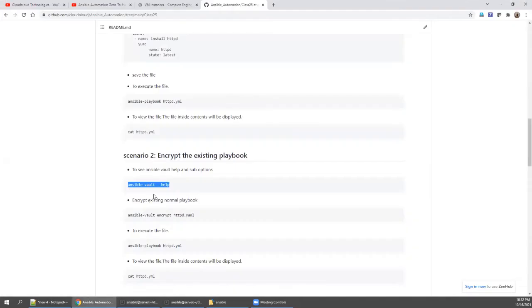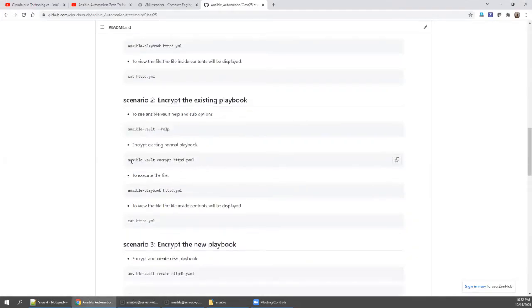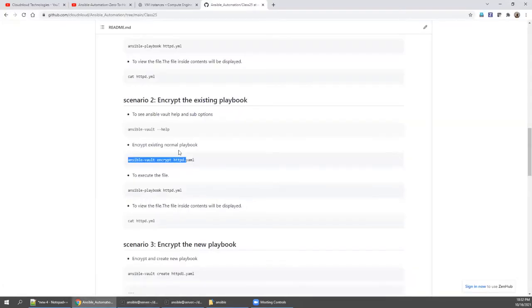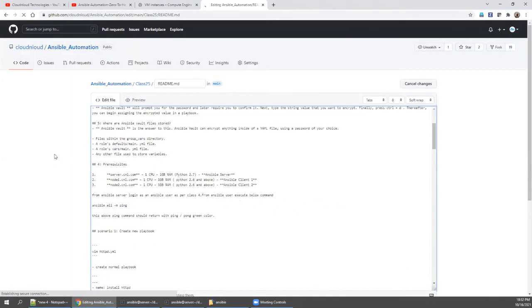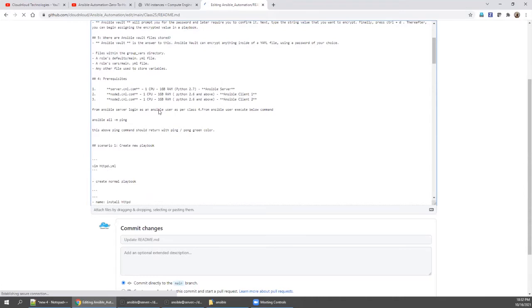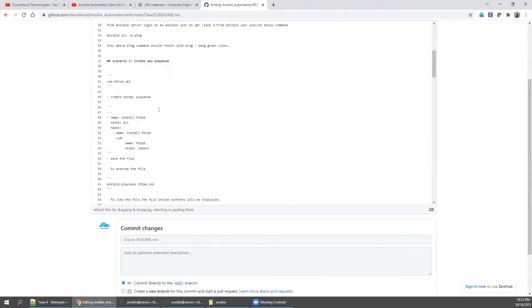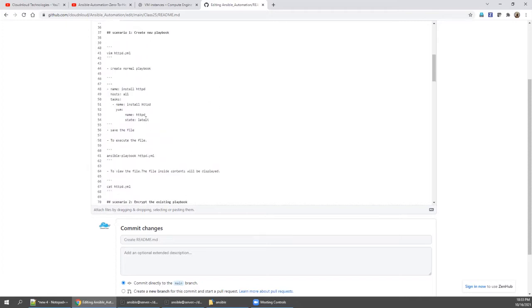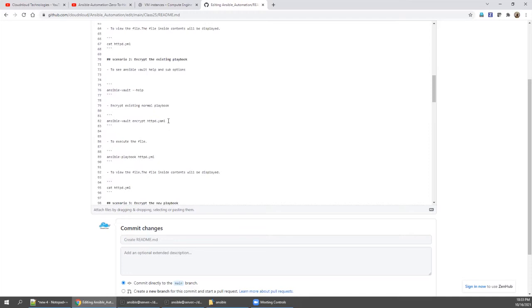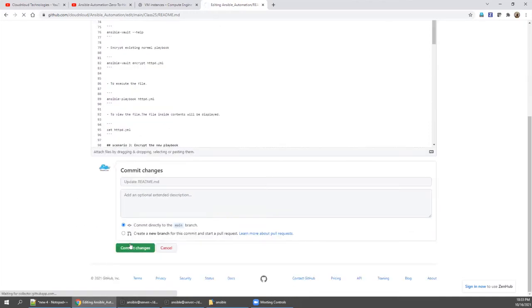First we will encrypt the previous file. So I'm going to say ansible-vault encrypt httpd.yaml. There is a spelling issue because we created it as YML. Here there is a typo. We can change it now itself so that you will not face it during your hands-on. There are a couple of typos, because creating the documentation always takes a lot of time. So we are going with YAML, and then commit changes.